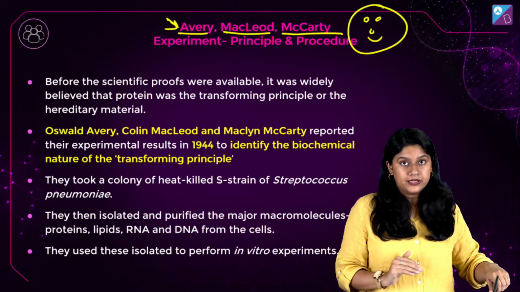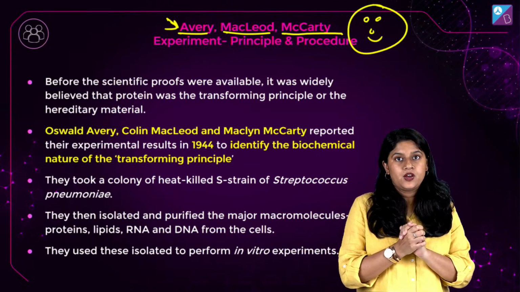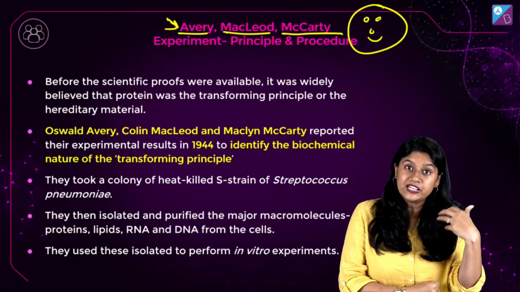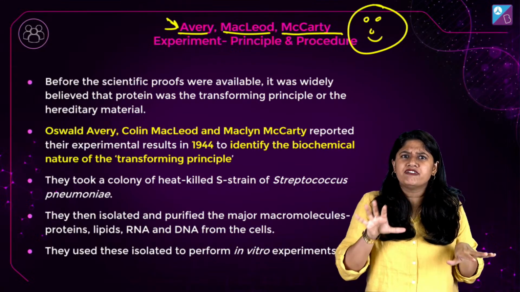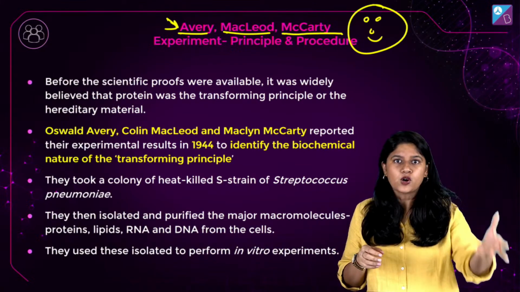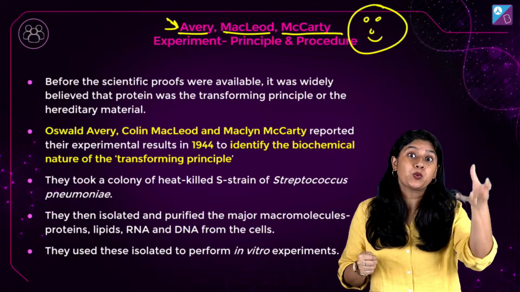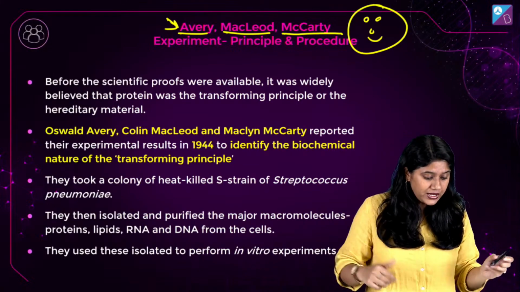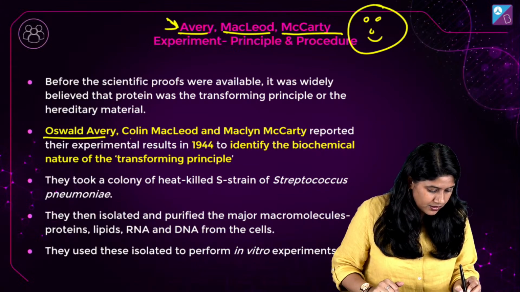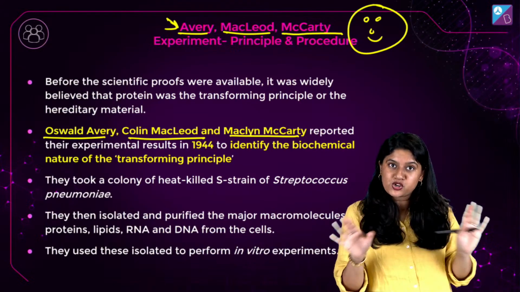Now what happened was very, very interesting. When the Griffith experiment happened, the conclusion came. Now scientists were in two minds. They could not trust it, because they did not have a clear conclusion about the result of this experiment. So they decided to do some more work. Here we have three scientists. The full names are over here, everyone, and please make sure you remember them.